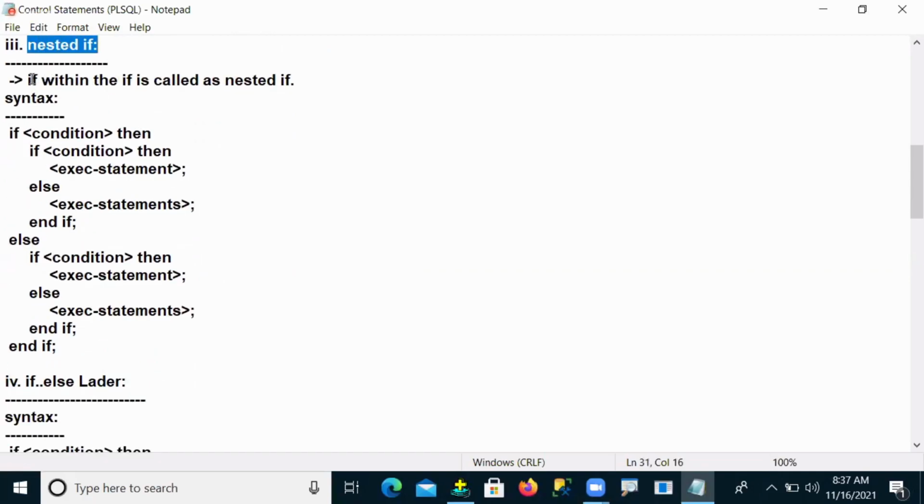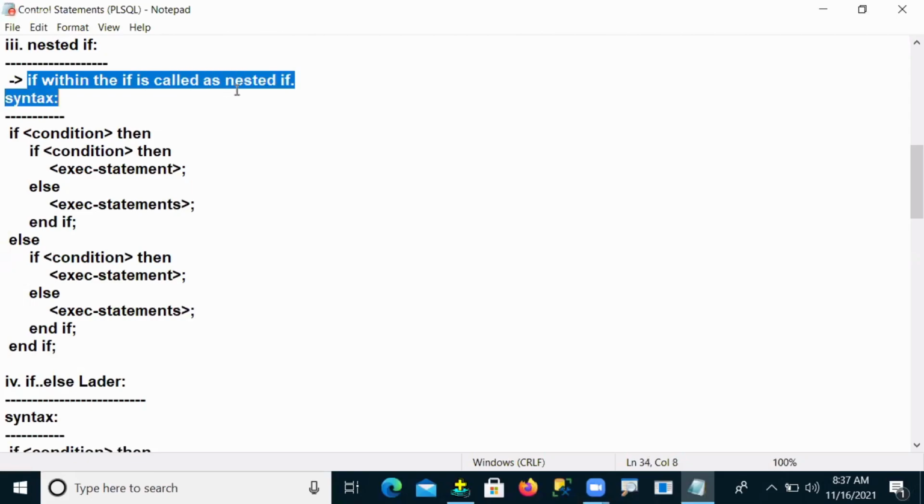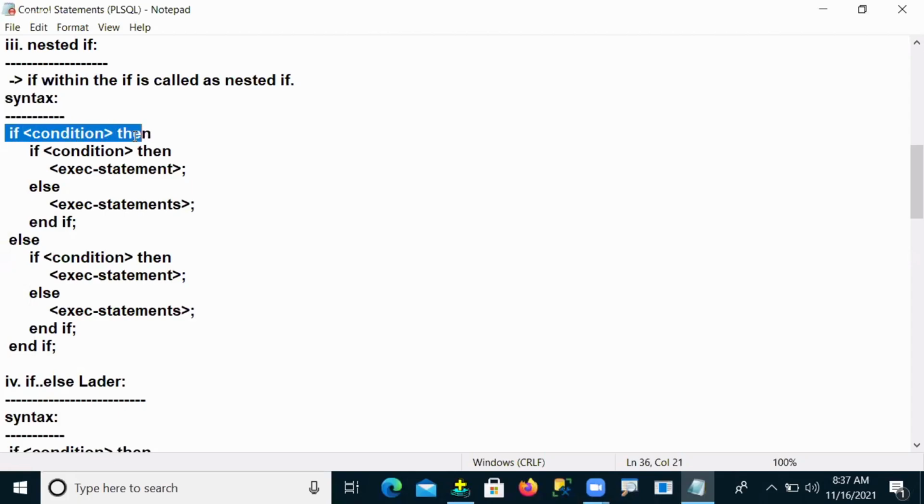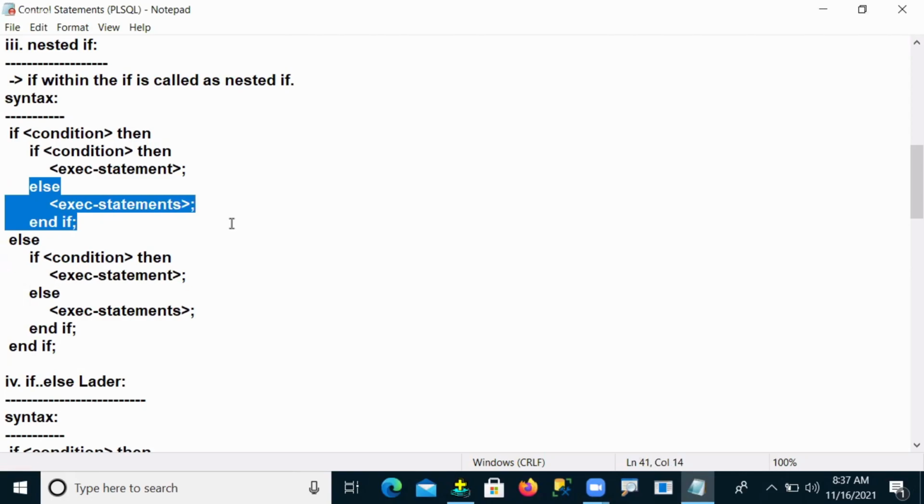Nested if is nothing but an if within an if. For example, the syntax formula: this is the outer if condition. If the outer if condition is true, then the internal if condition is executed. If the internal if condition is true, the true block statement is executed. If the internal if condition is false, then the else block statement is executed, and end if.